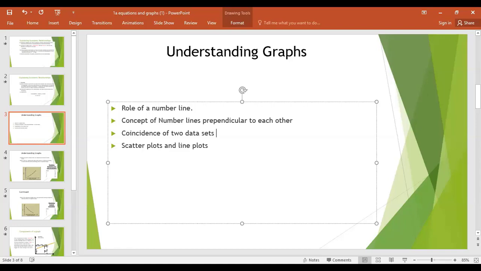And since we can only make a two-axis graph, we cannot plot a third axis. And luckily the whiteboards are not three-dimensional. That's why we limit our graphs to two axes only. If you plot it in any software, you can go to the third axis. But unluckily, you cannot go beyond the third to a fourth axis or fifth axis or sixth axis. Okay. So for simplicity, we stay within two properties so that we can study their coincidence.